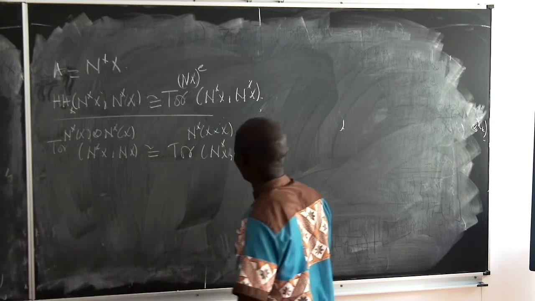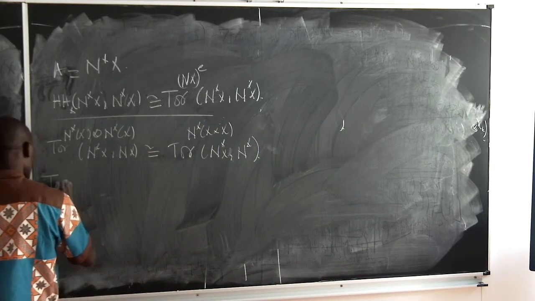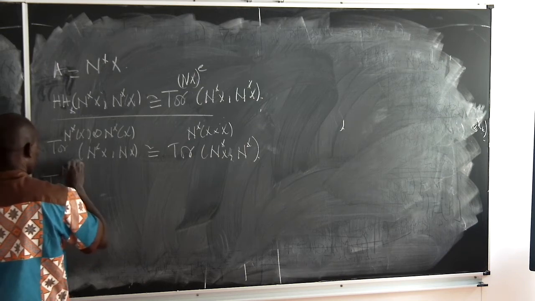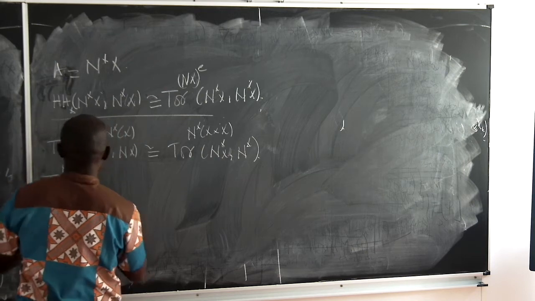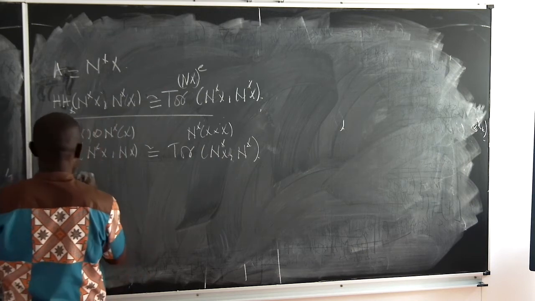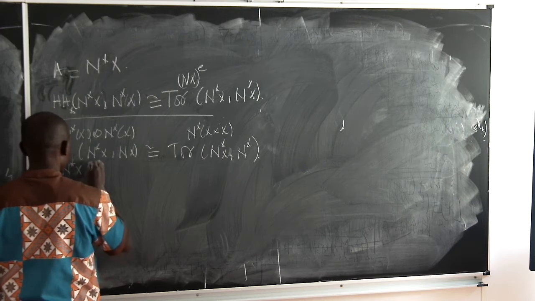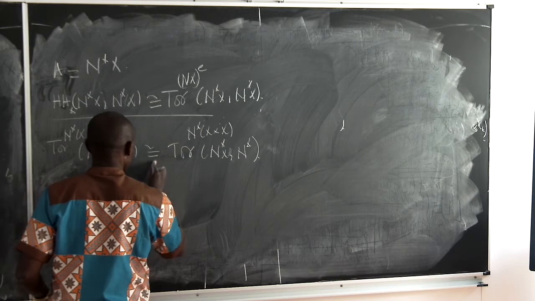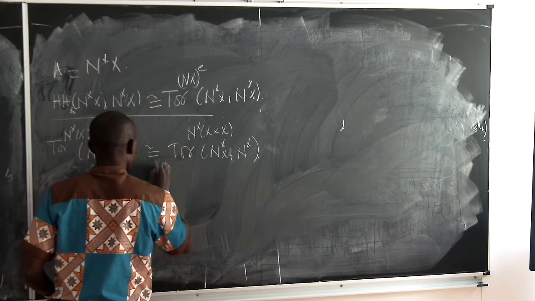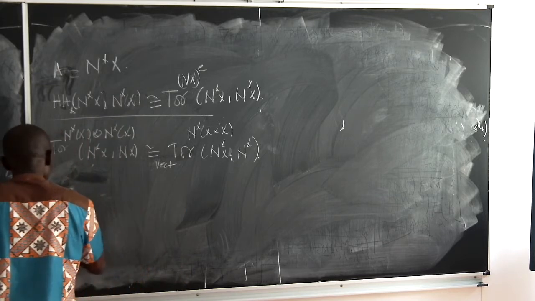Okay. We also established that Tor of Nx, this is an isomorphism as vector space. Okay. Now we are going to establish that